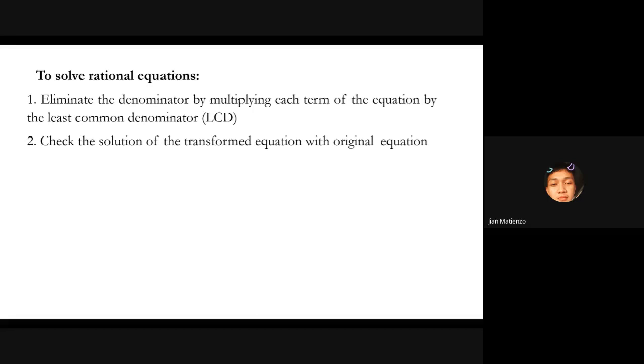In finding for the denominator, we'll be needing here the concept of